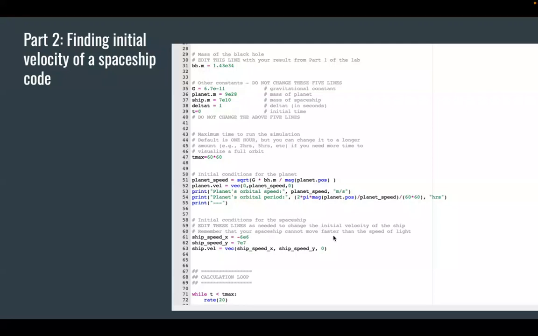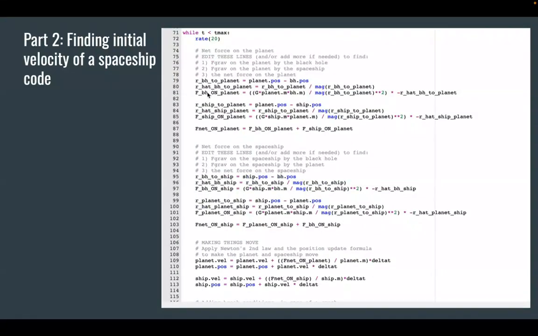To find the initial velocity, we'll be using the guess and check method in order to put in different values to see when it doesn't crash. Here we're calculating the net forces. For the net force on the planet, we're utilizing the net force of the black hole on the planet plus the net force of the ship on the planet that we calculated here. Additionally, to find the net force on the ship, we're using the net force of the planet on the ship, and also the net force of the black hole on the ship. And we're using these two values to find the planet velocity and the planet position with the position update formula, and doing the same with the velocity update and position update formula in order to calculate the final velocity,